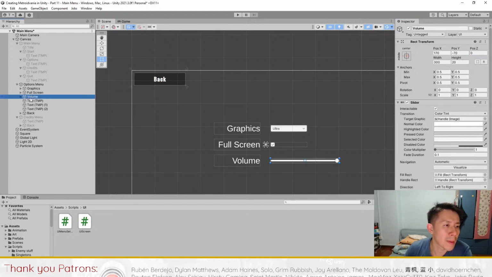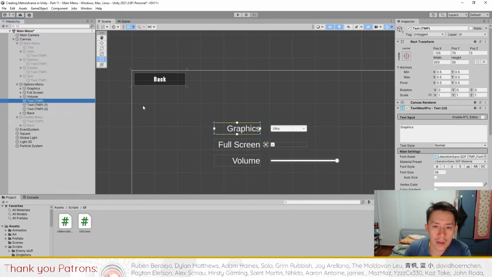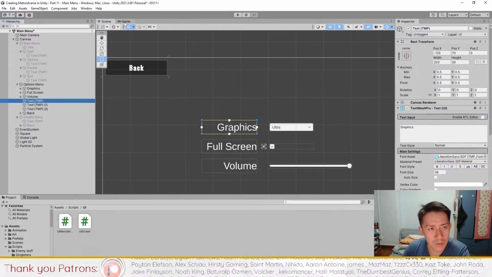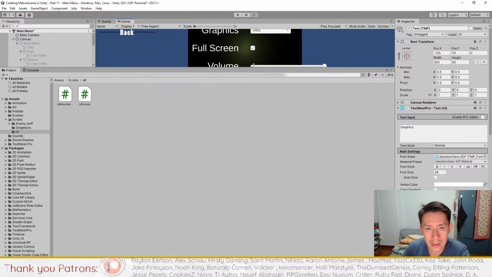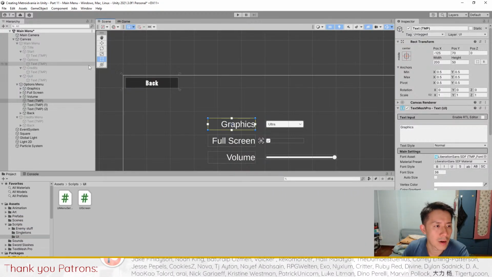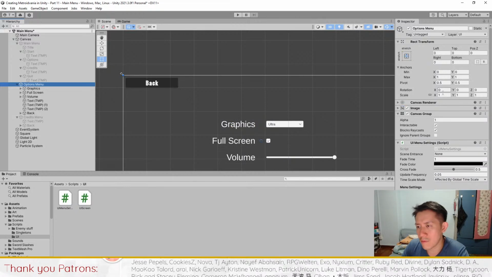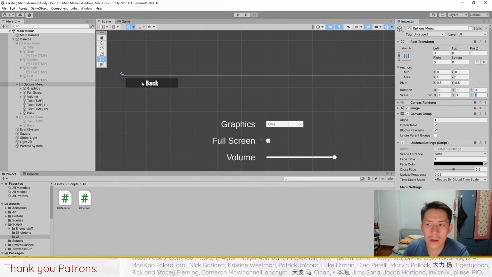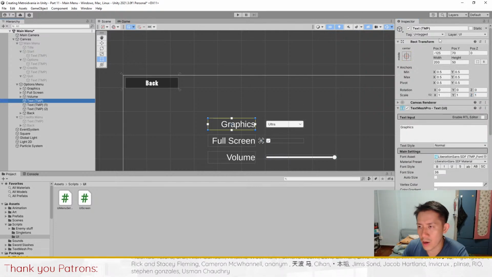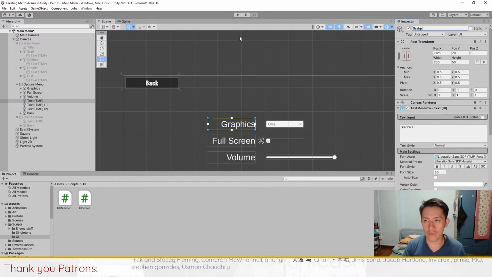So for the other elements here, the anchors are not split, so if you were to change the size of the screen, you will get some odd behavior like this, right? So the options menu itself, check this. Okay, the scale is 1, stretch as well. So just go to graphics. I'm going to change this to graphics